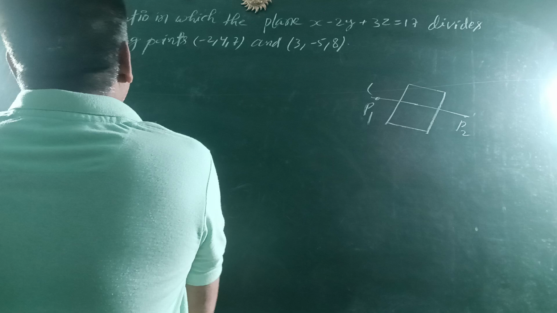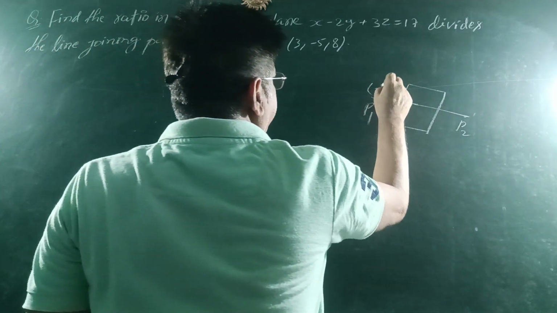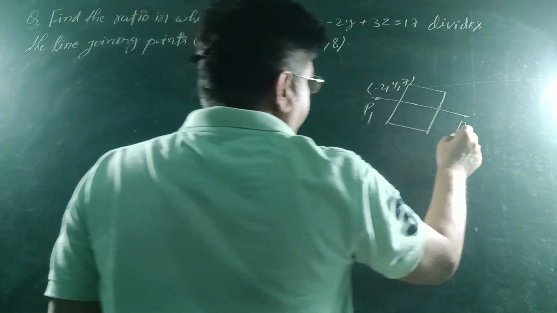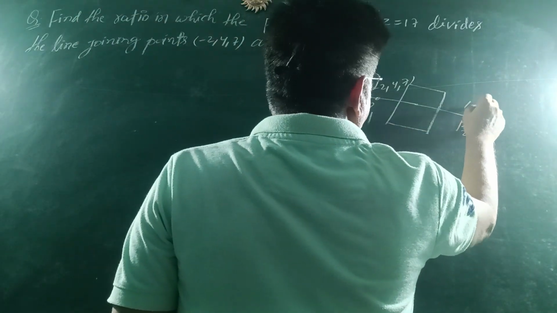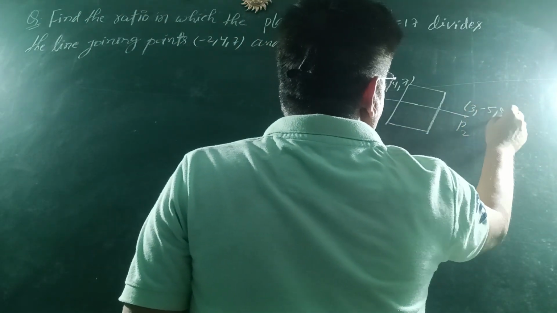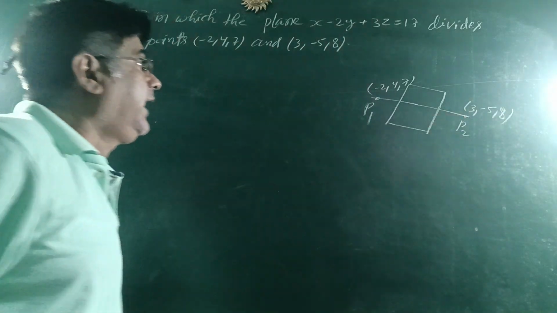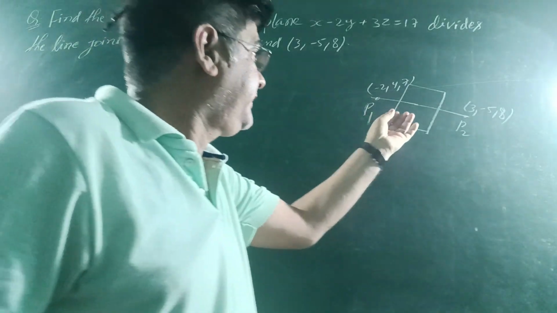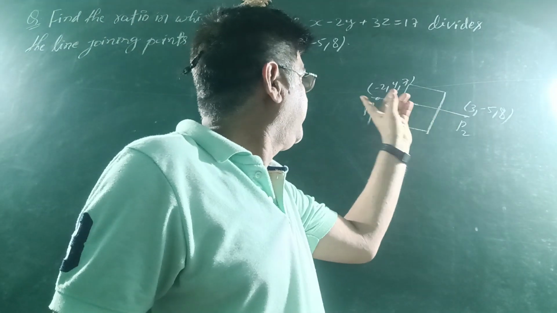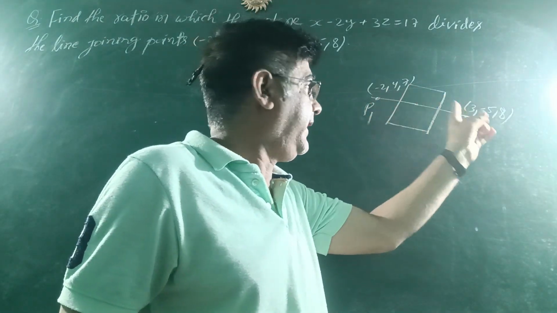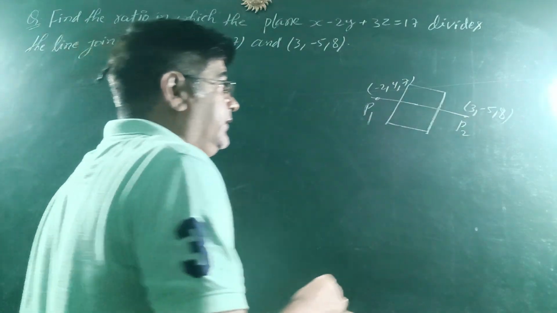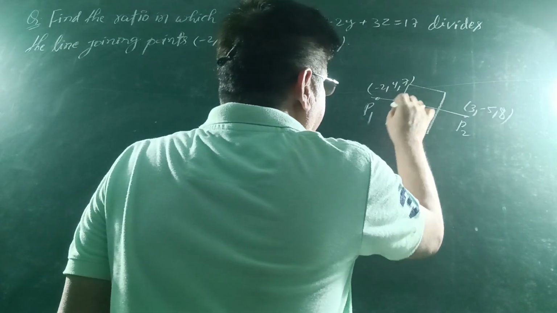P1 is given as (-2, 4, 7), and another point is (3, -5, 8). And the question says that the plane is joining the 2 points P1 and P2. Find the ratio. So it means let the